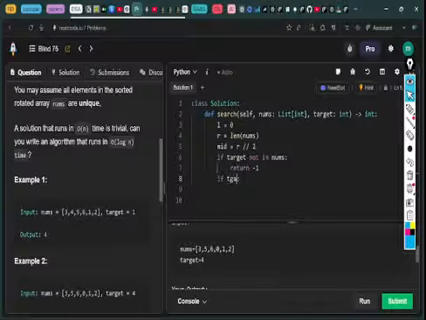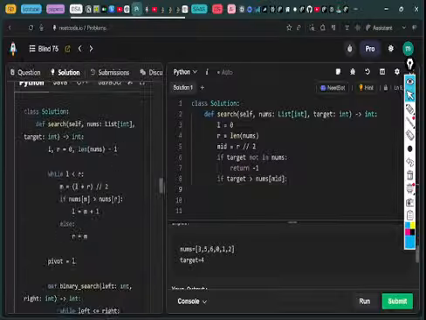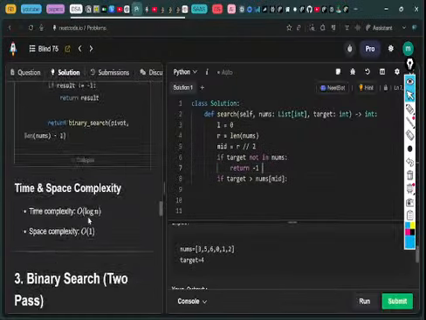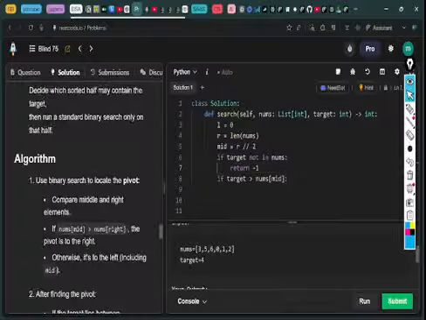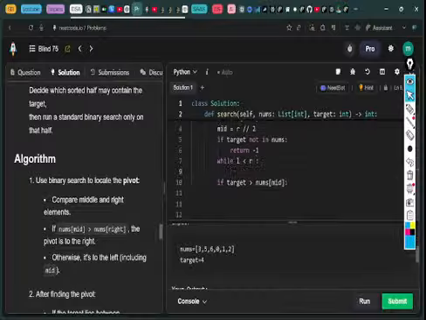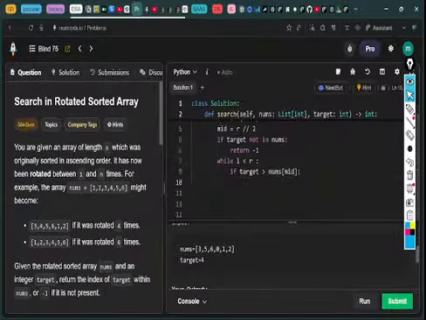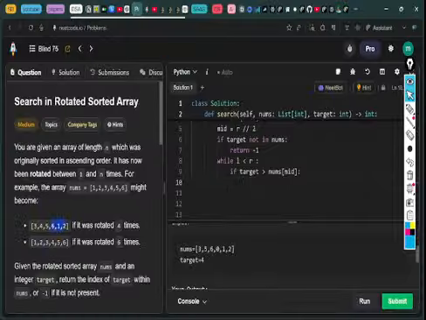So okay, if target is bigger than nums of mid, if target is bigger than nums of mid, what will be the right side? How do I